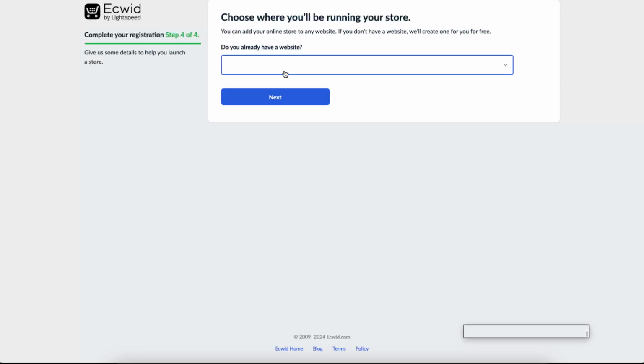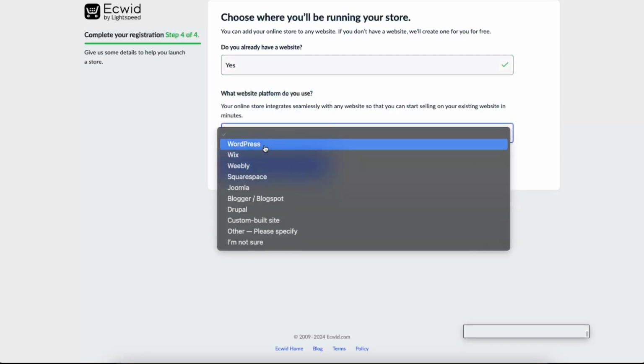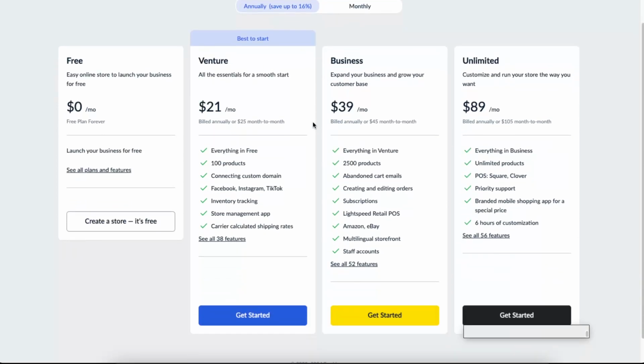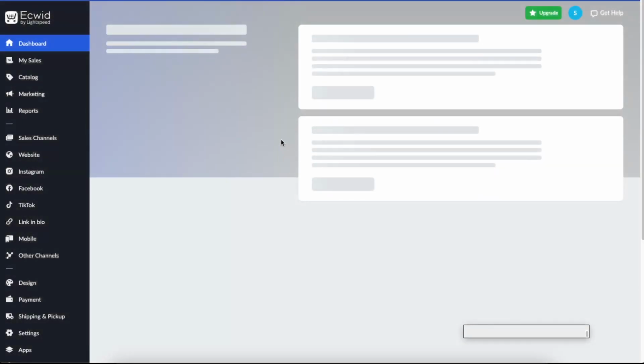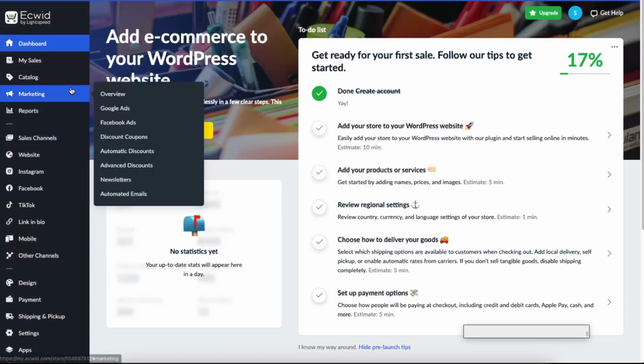If you already have a website, you can click yes and enter your website here. For example, maybe you're using WordPress. Now let's click next. And again, create a free store. Now, once you are done doing that, you will need to set up a lot of things. So first of all,